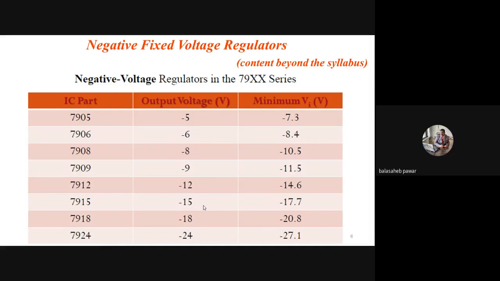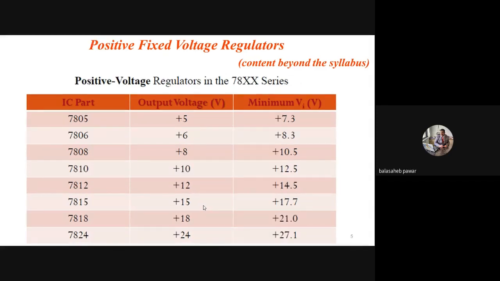That column I purposely did not mention. For the 78 series as well as the 79 series, for a particular numbered IC, according to its rated output voltage, either positive or negative, the minimum input requirement is given. But the maximum we can apply is not mentioned. So at your end, you have to note down that it is plus or minus 37 volts. Beyond this, if we try to apply a higher input voltage, these ICs will get damaged.